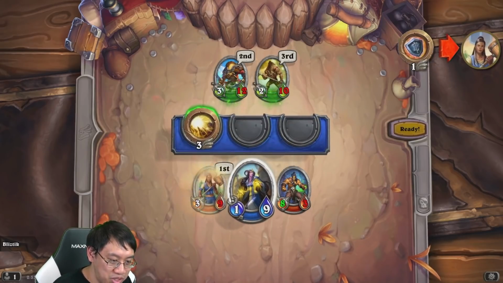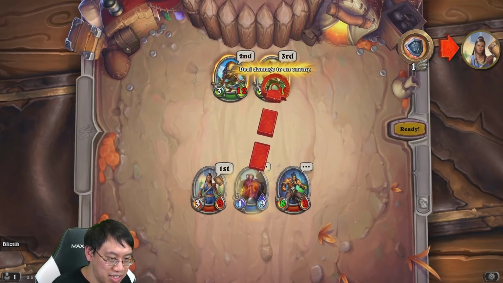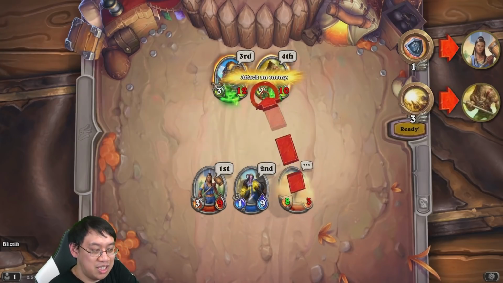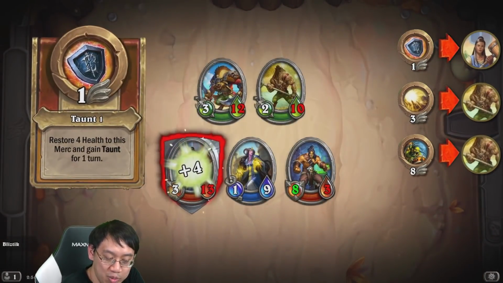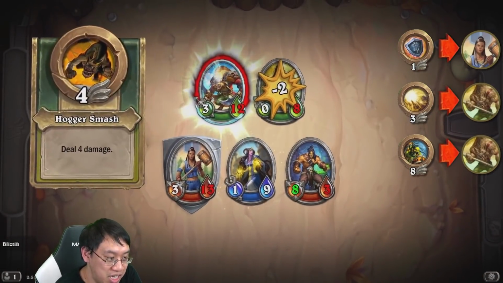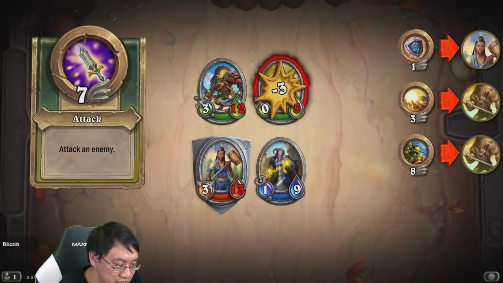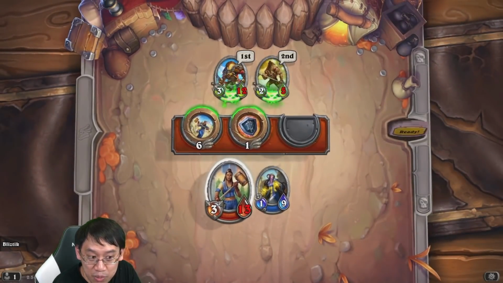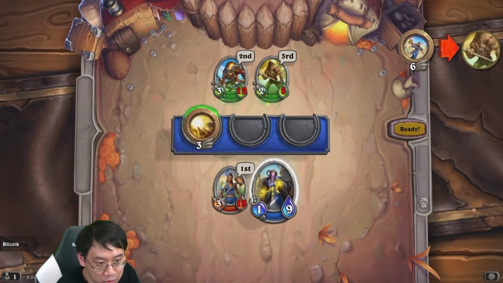So here, taunt is really important again, because you've got to protect Gromish from dying. If the player had taken the early game a little bit better, then Gromish would not be dead if the opponent were to use an ability like Hogger Smash, which goes through taunt. But, you know, at least we show that the abilities go through taunt, but attacks must attack taunt. Now, fortunately, though,